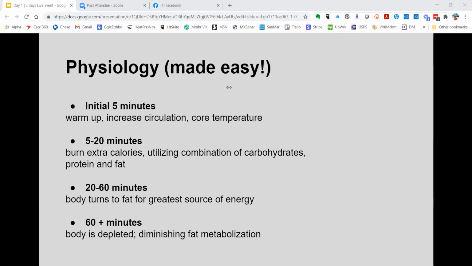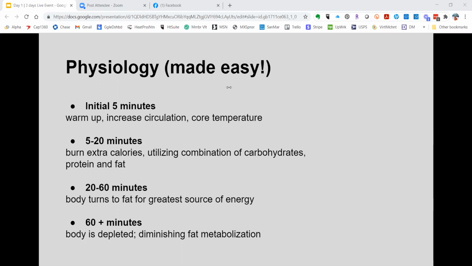Now, 60 minutes would be the maximum that you would want to do at any one time. And you want to try and involve large muscle groups when you're training for cardiovascular conditioning, but 20 minutes is a minimum. So if you want to get your heart and lungs in better condition, you need to do 20 consecutive minutes. You might not be able to start off with that. So you could do, say, 4 bouts of 5 minutes a day and build up to the 20 minutes, but you need to get that 20 minutes in for cardiovascular conditioning.